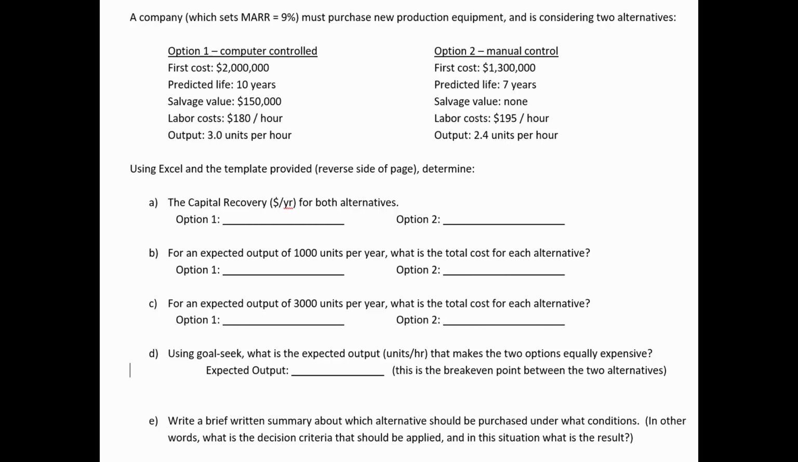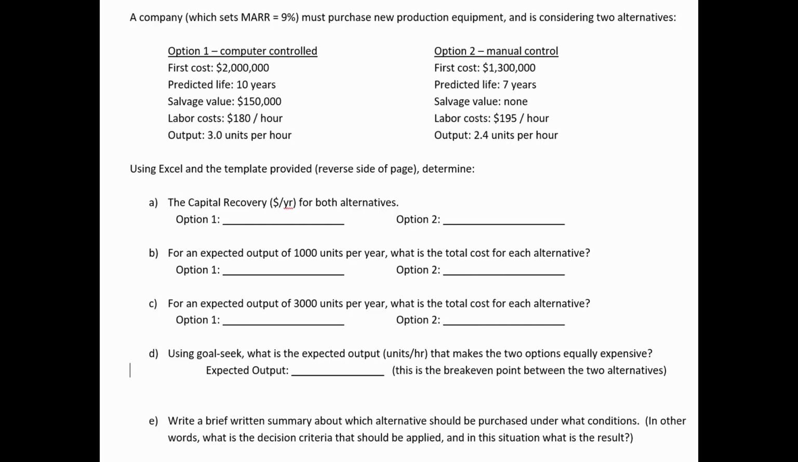Do you remember what is the definition of capital recovery? No, that's not quite it. Good, right. So what she said is it's you're